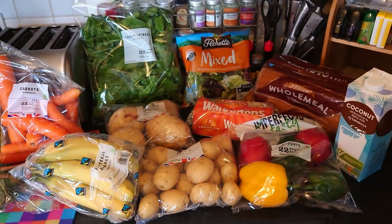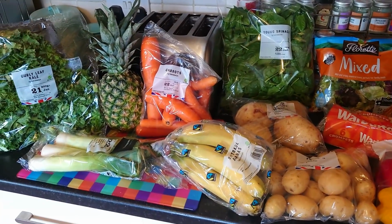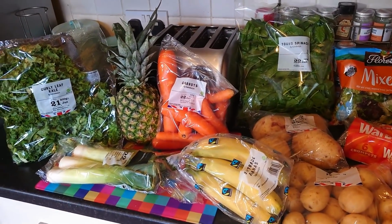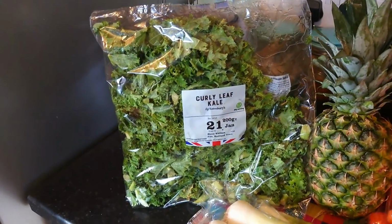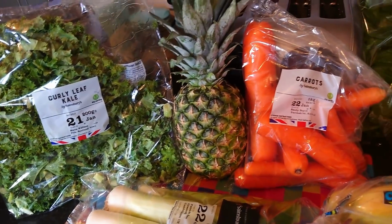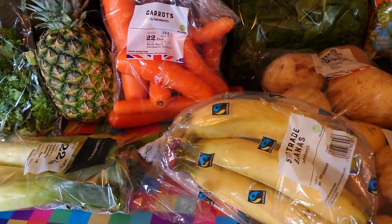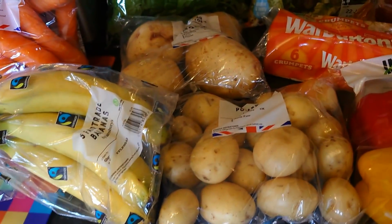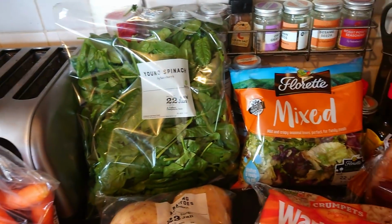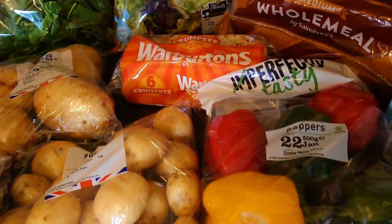Now this little lot here today cost us £10.95. So let's call it £11 for cash. We've got a bag of curly leaf kale, some leeks, a pineapple, some carrots, some bananas, some new potatoes and some baking potatoes, spinach, salad, peppers,